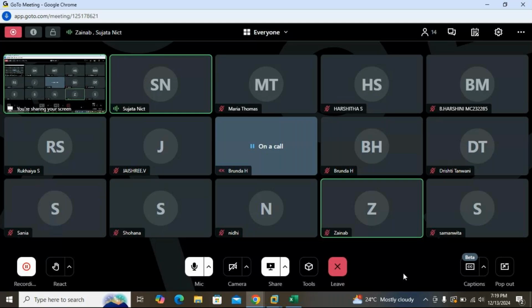Asha, can you tell me? Can you put a thumbs up, those who have installed today? I got the information 5 to 6 students got installed. Nidhi, Harshita, okay, Jayashree. I got the information 6 students. Any other students? Drishti? Then who has installed? Sir has given information, 5 students have installed. Brinda?